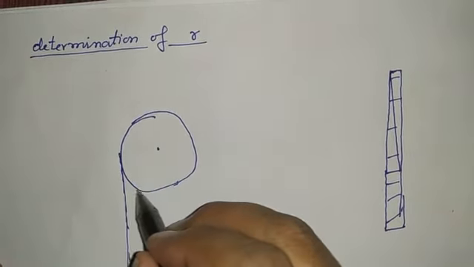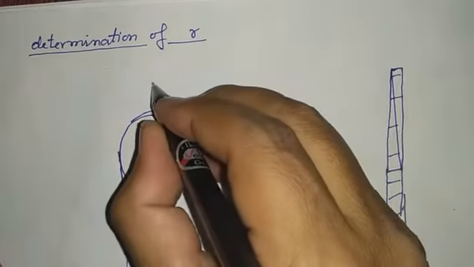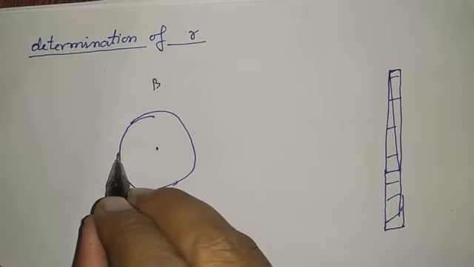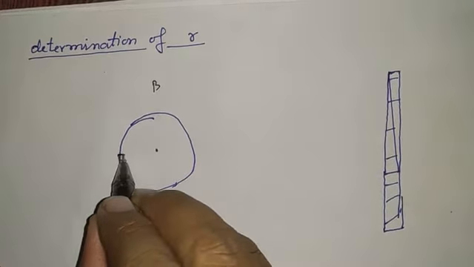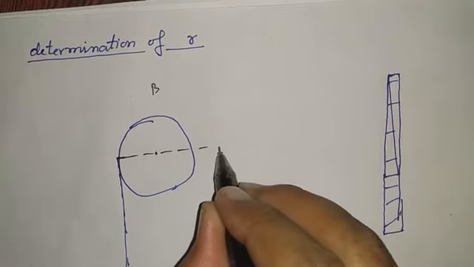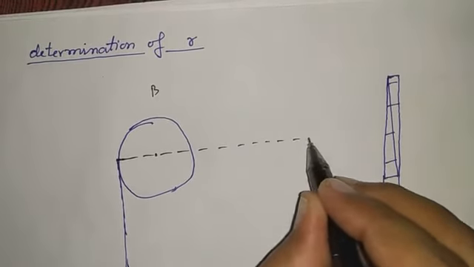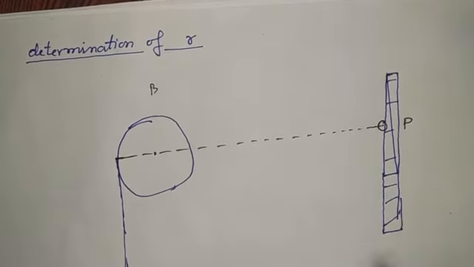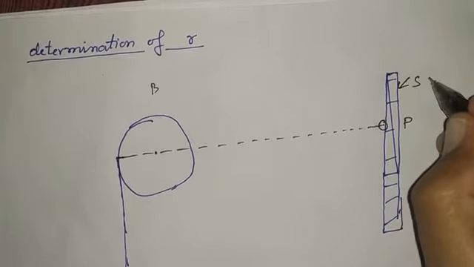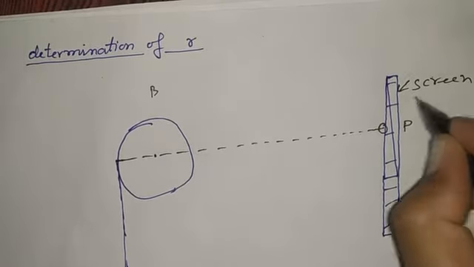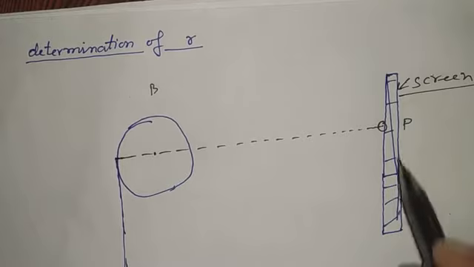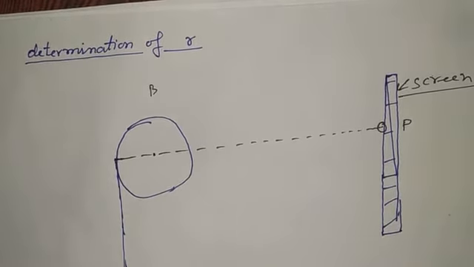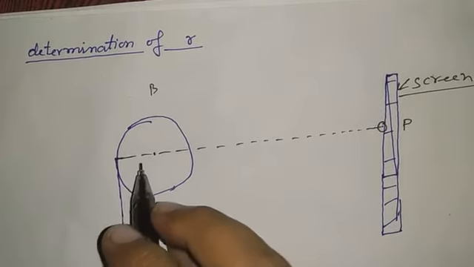This small circle represents the area of a magnetic field B. When this B is 0, let this beam of electrons travel in a straight line path, and a spot of light is obtained at point P here on the screen. Since a screen is spherical, but for a small distance, it can be considered as straight. When a magnetic field is applied,